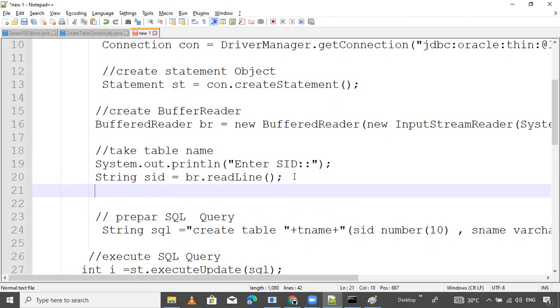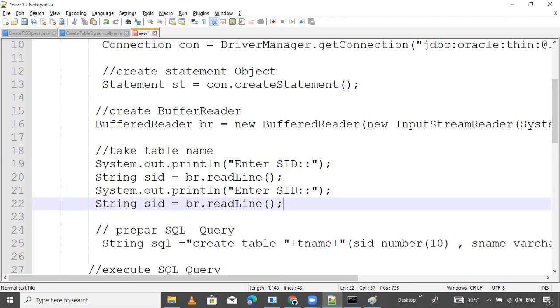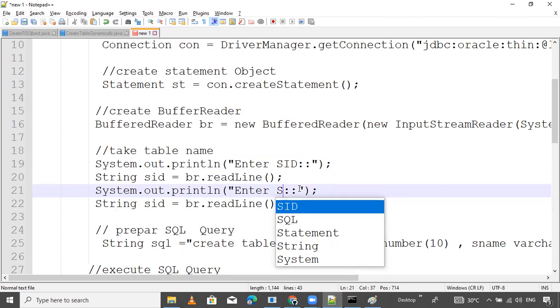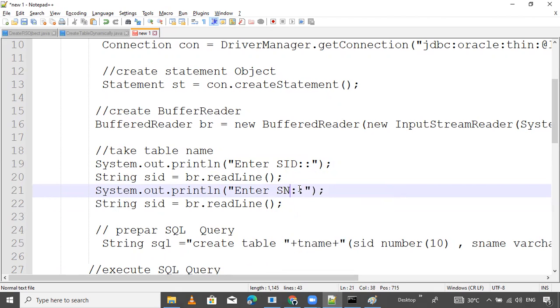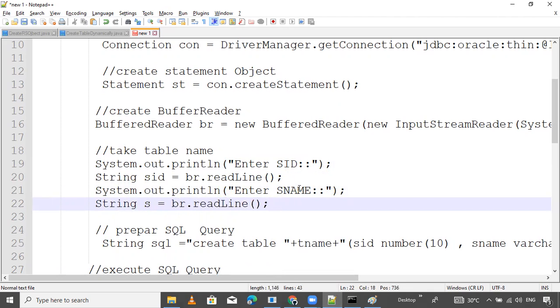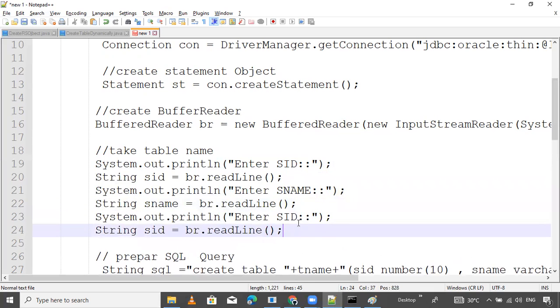This is simple. Now paste: enter the S name, meaning student name. By using the BR readLine method, store it in the variable sname. That's it. One more time: what is the address? Enter the address, ADDR.